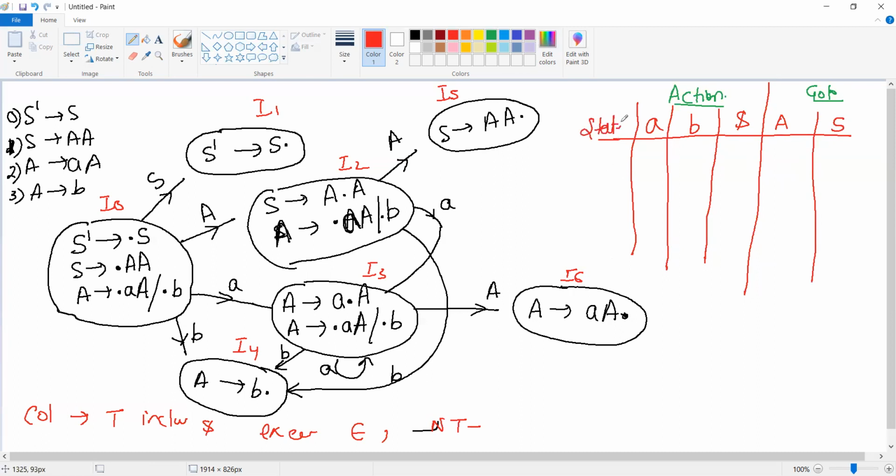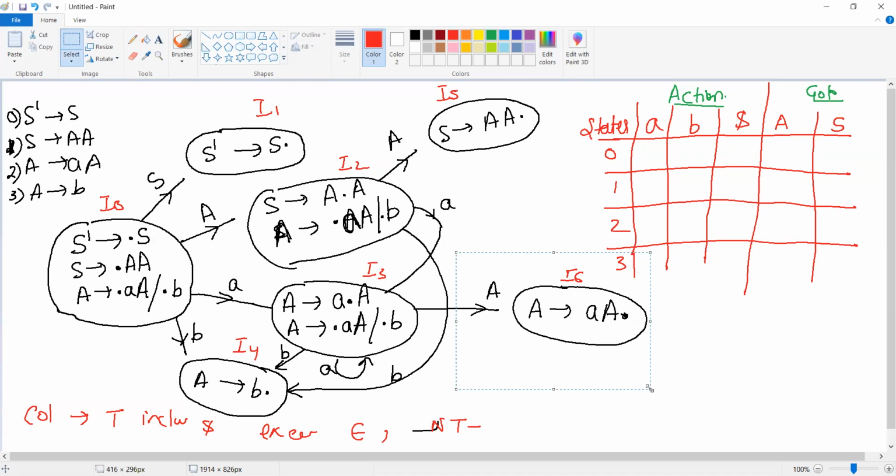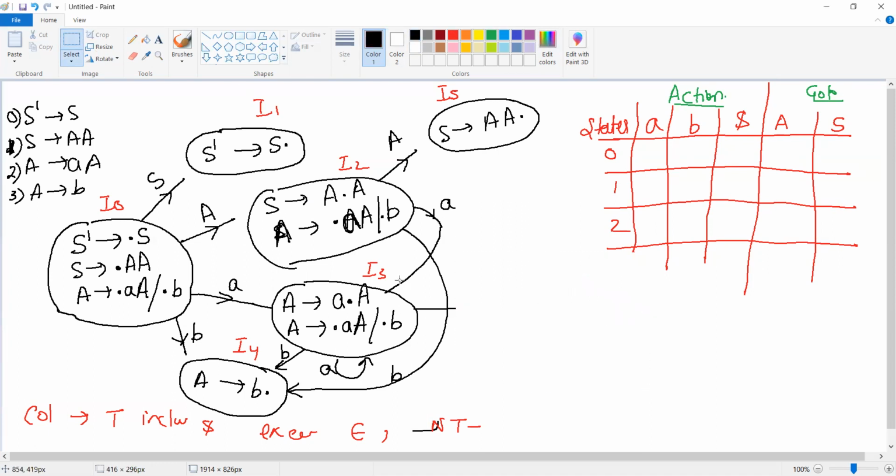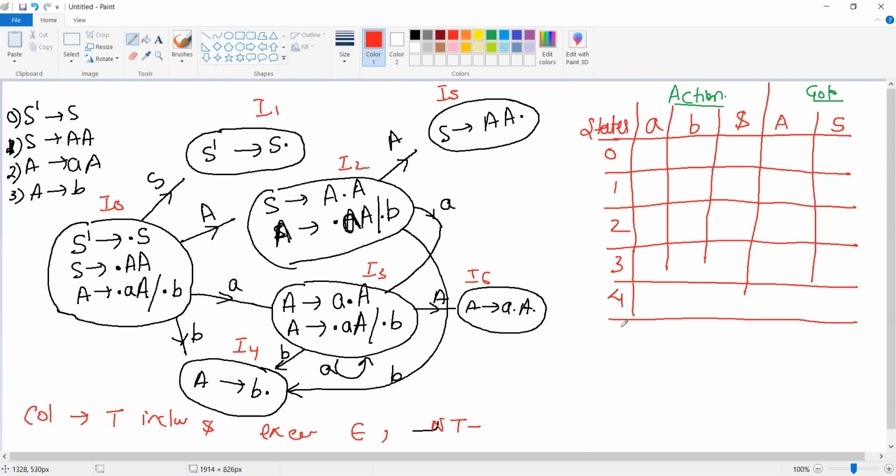Now what about the rows? In rows, you will write the states. Now, how many states you have? 0, 1, 2, 3, then we have 4, we have 5, and then we have 6.